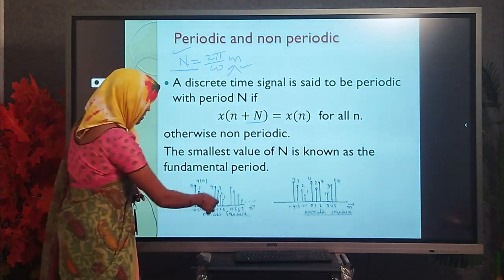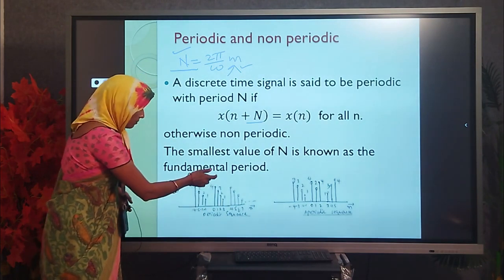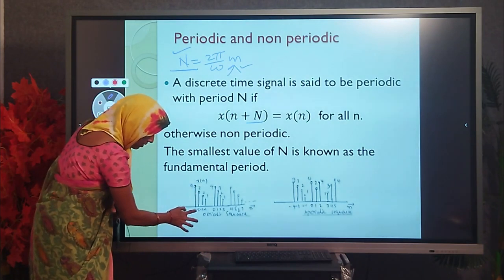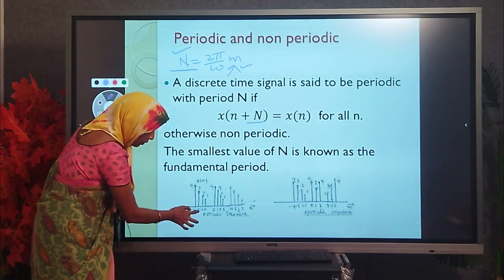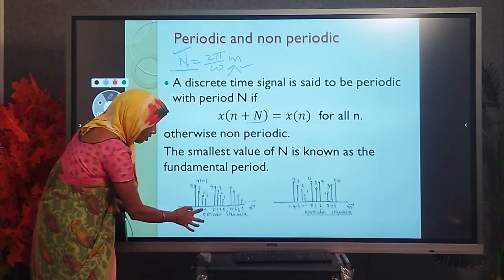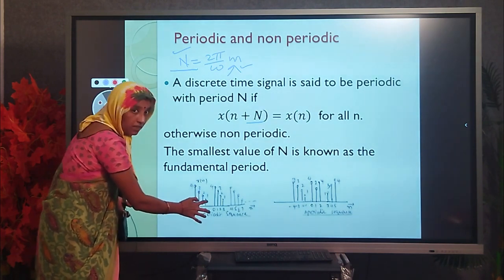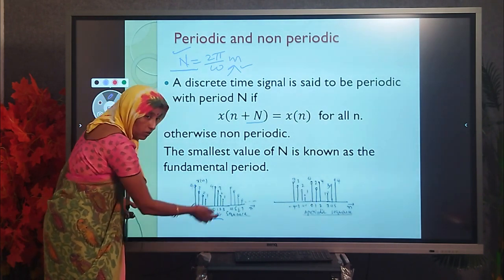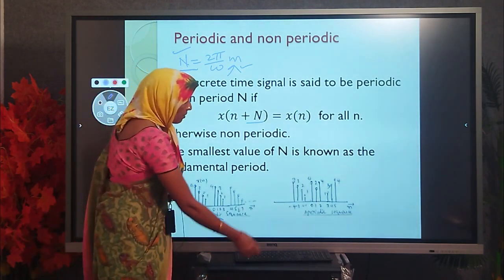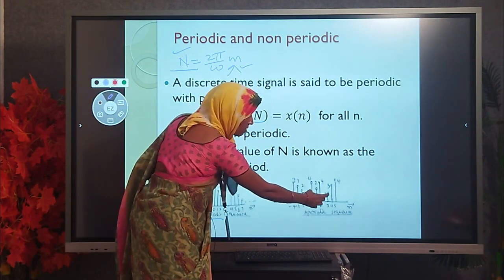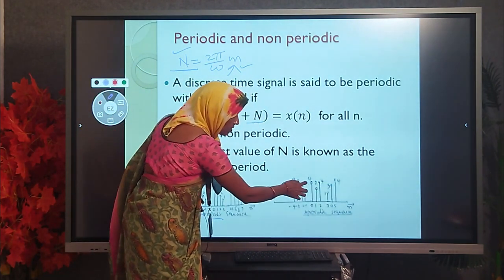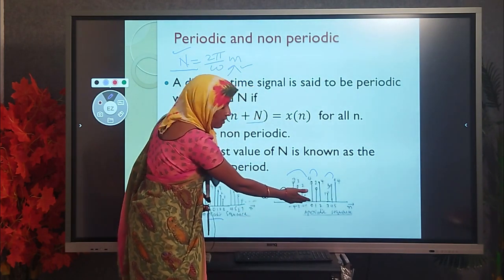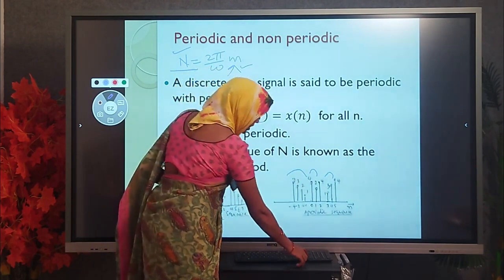And here see in this example, this is one signal. So here we have 4 samples. For n equal to minus 4, amplitude 4, n equal to minus 3, amplitude 3, n equal to minus 2, amplitude 2, n equal to minus 1, amplitude 1. For every 4 seconds, the same pattern is repeated. So this is the example of a periodic signal. But here first we have 4 samples, next some 3 samples, next again 3. There is no similarity between this set and this set. So this is the example of a non-periodic or aperiodic signal.